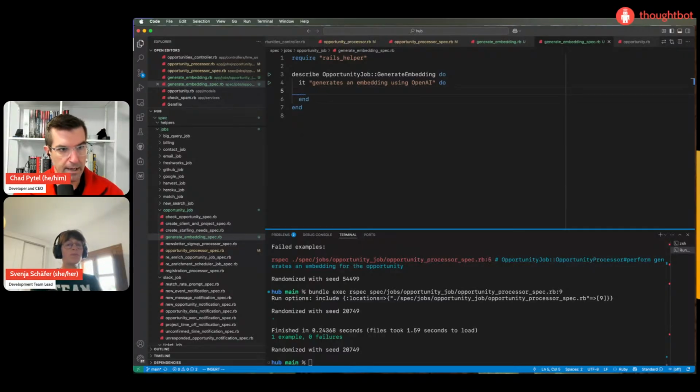Nice. Okay. And then allow the OpenAI client, with a capital C, to receive new and return our double.